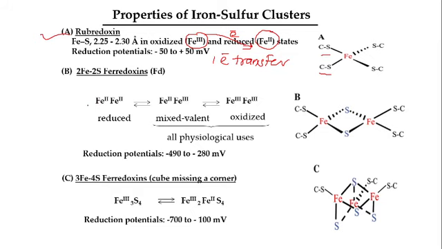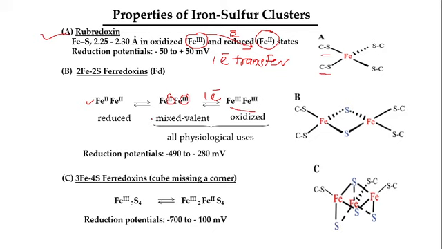Second, that is the 2Fe2S ferredoxin. Here there are 2 Fe. In the reduced form, both of these 2 Fe are in the Fe2+ oxidation state, or it may also be in the mixed valence state. That means one Fe has a plus 2 oxidation state and another Fe has the plus 3 oxidation state, and in the oxidized form they get converted to Fe3+. That means this is also a 1 electron transfer protein.